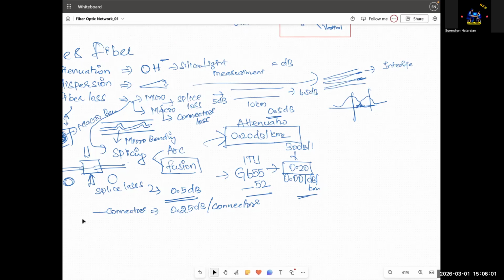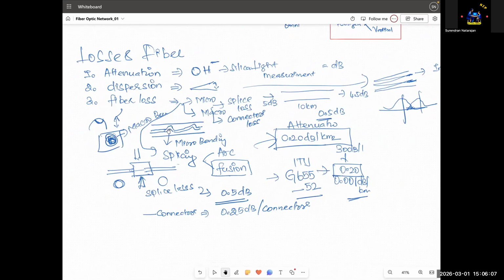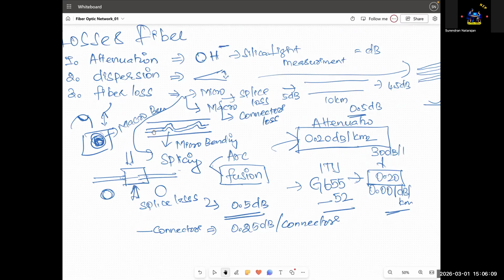Micro bending happens in the manufacturing itself. I showed the cable, the yellow one. The yellow color is like a jacket. I told you single mode is in yellow, and multiple fibers are in there, that is a kind of light blue jacket. Inside a jacket, if the fiber wasn't inserted properly, due to manufacturing defects,